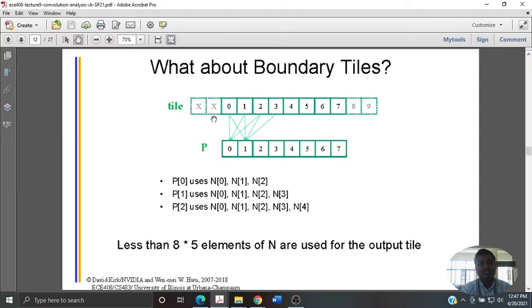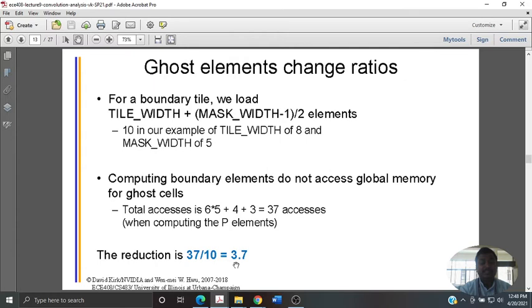into 10 and so on. So 40 becomes somewhere 38, 37. So overall reduction in the memory accesses is not 3.3, it is actually 3.7. So there's a reduction due to the ghost elements in the change ratios. Other than that, if you want to make it generalized, be happy with the 3.3 kind of stuff. So I want to make my computations nearer to the exactness.